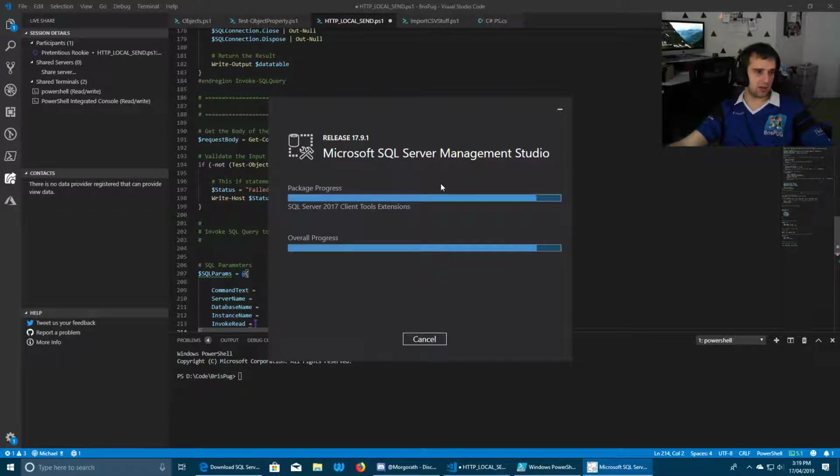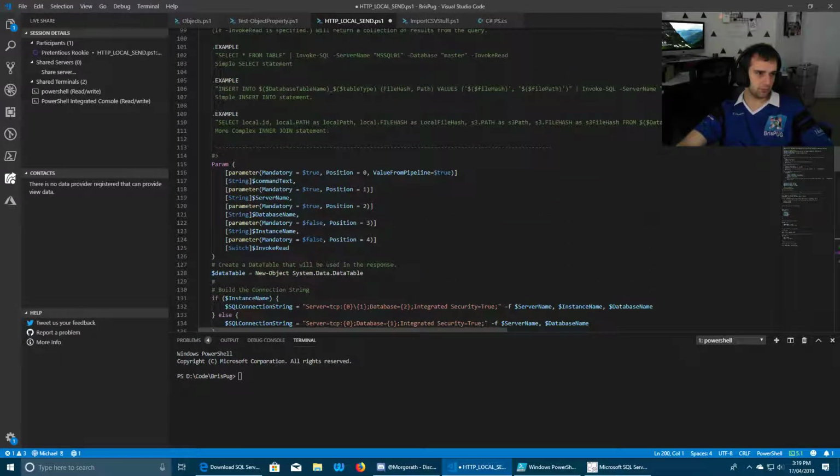Invoke read in this instance, because if you scroll up and have a look, I thought that invoke read was calling a function. It's not actually; it's a variable, a switch. What a switch is, basically, is a boolean value. It's whether the switch is defined. So if you define invoke read, it's true, but if it's not defined, it's false.